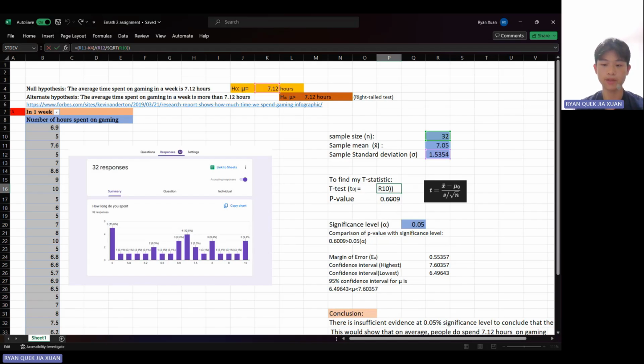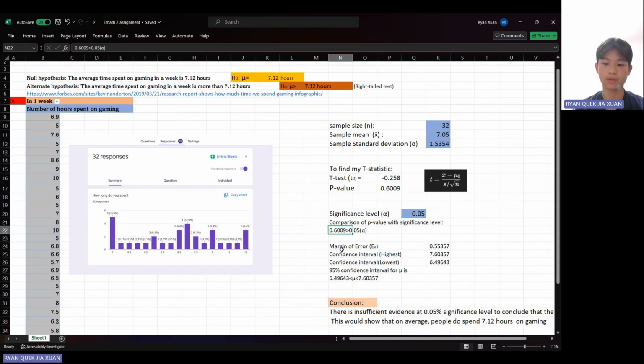After being able to find the t-statistic value, I continue to find the p-value. The p-value here shows the value to determine if I should reject the null hypothesis. I have used the Excel function to find my p-value and included the t-statistic, which is P16 from my previous working, as well as the sample size R10 subtract 1. In comparison of the p-value with the given significance level of 5%, which is 0.05, my p-value will be larger